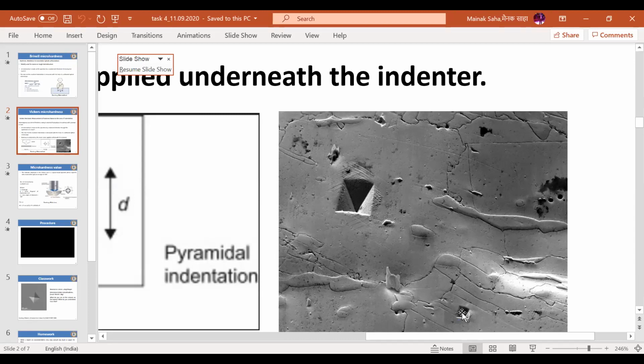But do you think this is taken under... I will give you a hint. The sample has been tilted to 70 degrees. Then can you tell me, is this a tetrahedron, or what should this be? Look at my cursor, where my cursor is. Look at this gutter, look at this hole. You are going to see something. So you are seeing this when the material is tilted to 70 degrees.